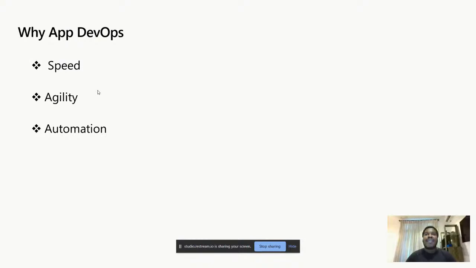The focus is on ensuring that what we have, before it runs through a pipeline, is something we can confidently say we've done all we need to as a dev team, so that the possibility of it failing in the pipeline is reduced. We'll talk about all that in detail when I highlight certain things we need to take into consideration. But moving on, what DevOps in general gave us was obviously speed,